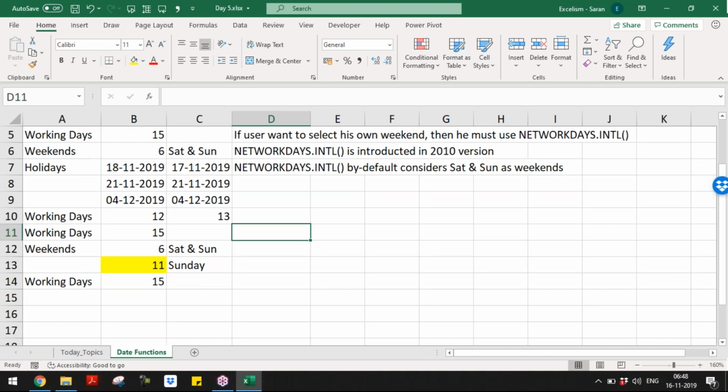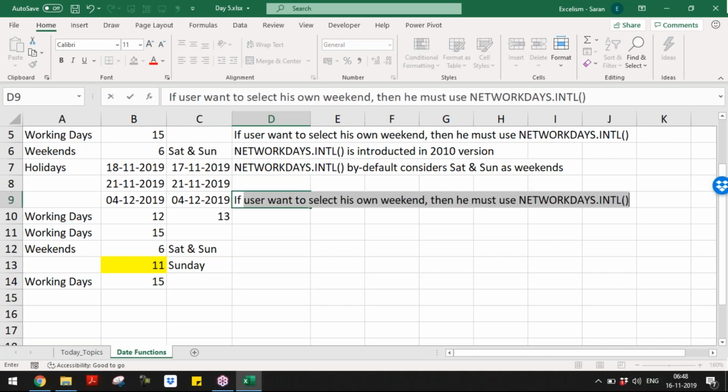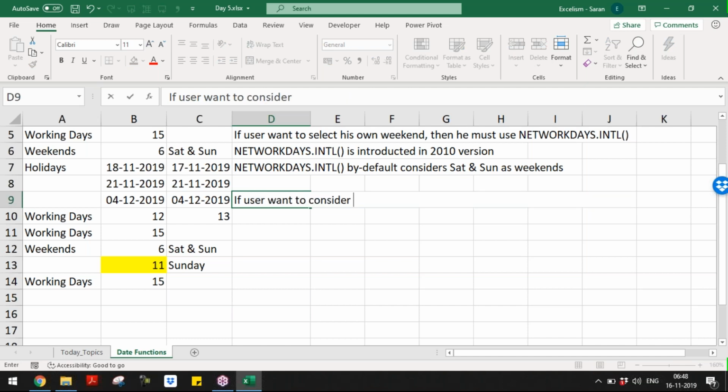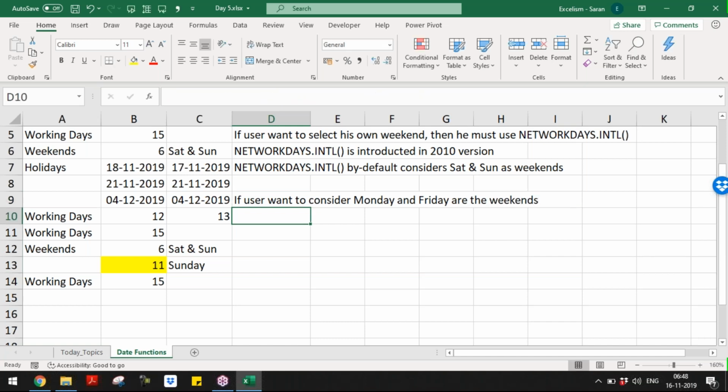Let's say, for example, the question is, if the user wants to consider Monday and Friday as the weekends, is it possible? Try to understand my question.